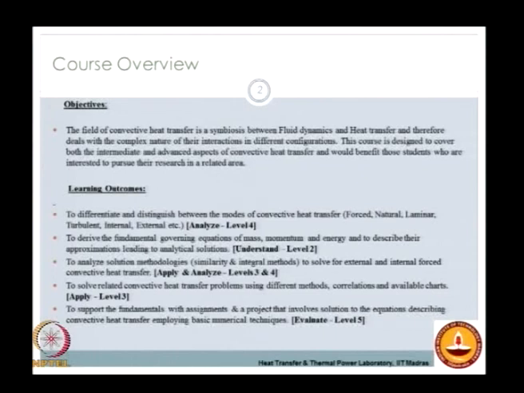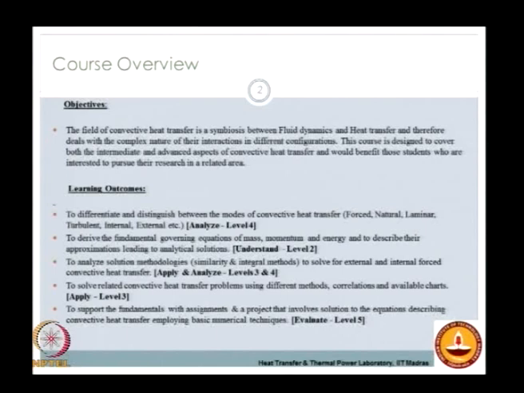The third objective will be to analyze the solution methodologies that you have derived analytically, either by using similarity, which is the exact technique, or the approximate technique, which is basically the integral method, and you will be applying this to solve for both external as well as internal forced convective heat transfer. So this will be on the level of applying and analyzing, that is involving both levels 3 and 4,